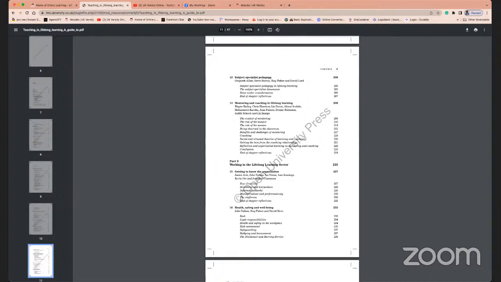It is quite an important book, for those of us who have done some sort of teaching qualification in the past couple of years, like PTLLS, DTLLS, or the award in education and training. These are books which I would suggest that you should be looking at.